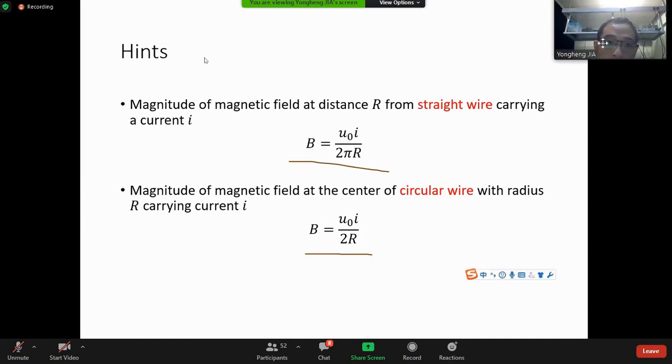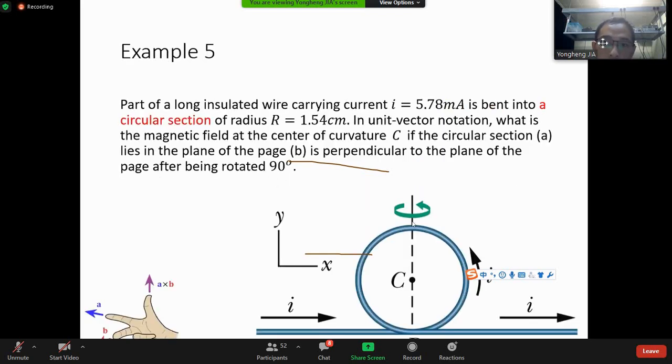Now let's again look at the question. First, if the circular section lies in the plane of the page, it's the case in this picture right now. So first, let's calculate the magnetic field at this point C. Now we can calculate the magnetic field caused by this circular wire and this straight wire separately. Now for point C here, the magnetic field caused by this straight wire equals to